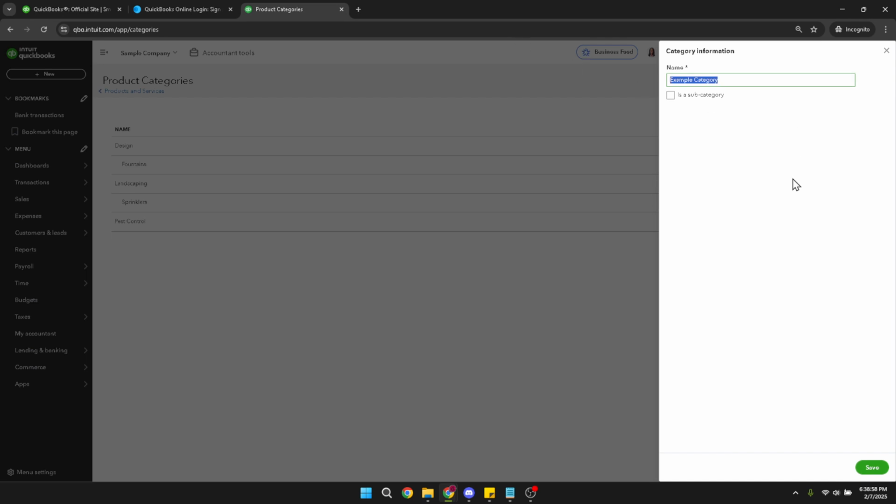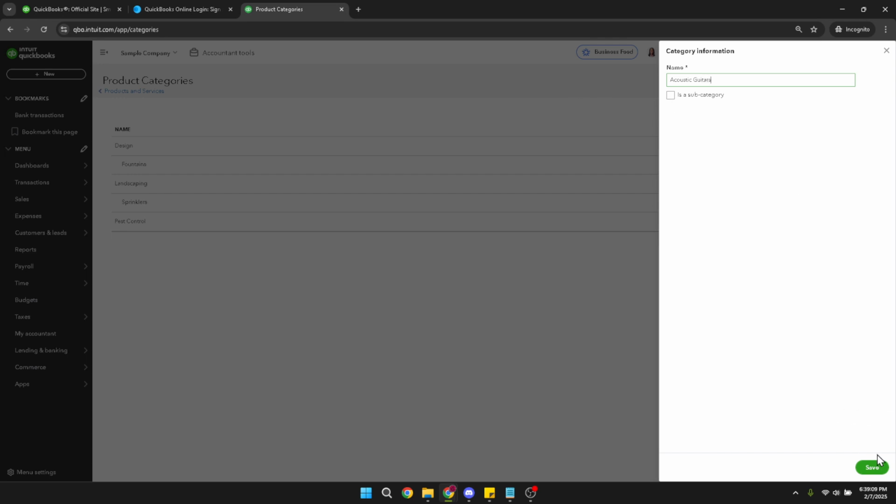In the window that has just opened, you'll see a text field labeled Name. Here, you'll type in the name of the new category that you want to create. Make sure it's something easily recognizable and relevant to your needs so you can quickly sort and track expenses in the future. Once you're satisfied with the name, do a quick review just to be sure, and then take a deep breath. All that's left now is to save your work.